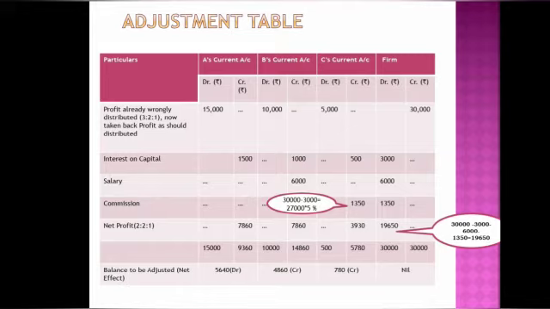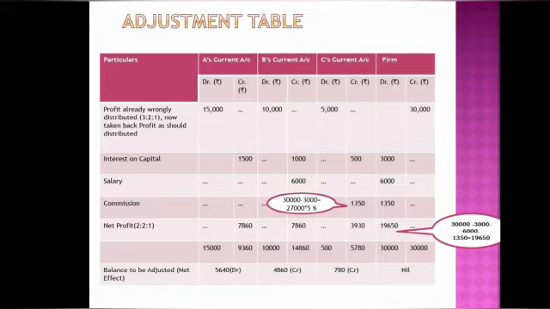Then we need to calculate the missing items, that is the expenses which were omitted by the firm, that was in the form of interest on capital. Now we are going to credit, as I said, you have to place in the respective credit columns and the debit column. So each partner's interest on capital is calculated and the total comes to 3,000, and for the firm 3,000 is in expenses and it is debited.